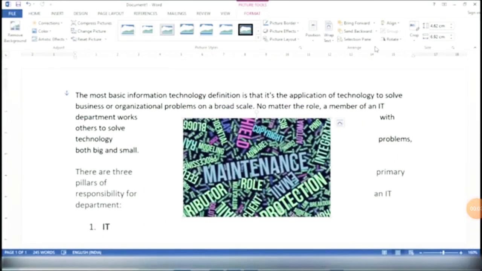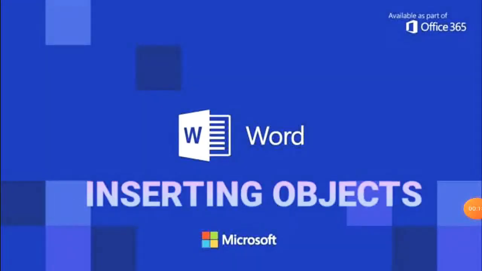Children, as for inserting objects, we talk here about some important aspects related to this session number 9. So let us introduce inserting objects. Children, Microsoft Word allows an object created in one application to be embedded in another document without changing the original format of the object.